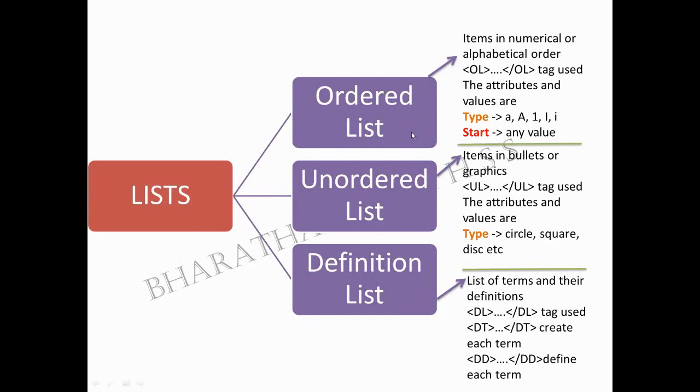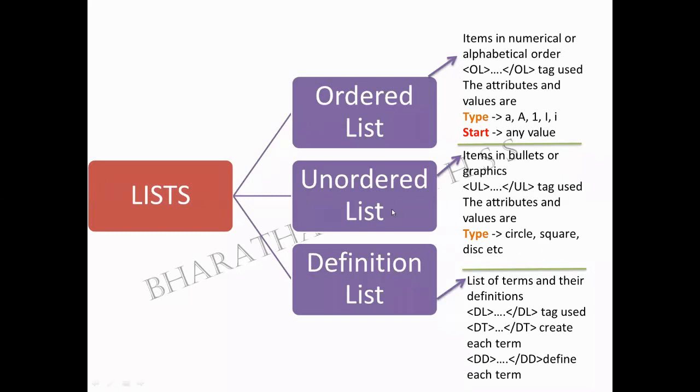This is regarding your ordered list, created with a container tag known as OL and close OL. Is it clear? Then the list of items will be written along with your LI tag, which could be treated neither as a container tag nor as a singular tag, but preferably we always write it as a container tag. The next one is your unordered list. Unordered list is written with the help of your UL tag, which is again a container tag. Unordered list can also be called your bulleted list.